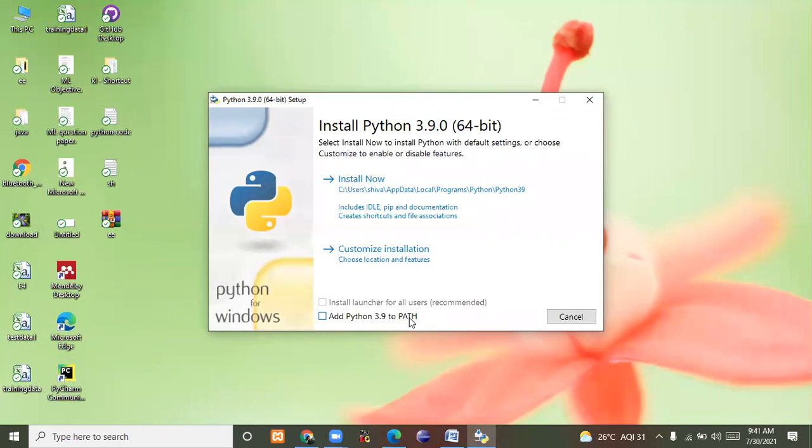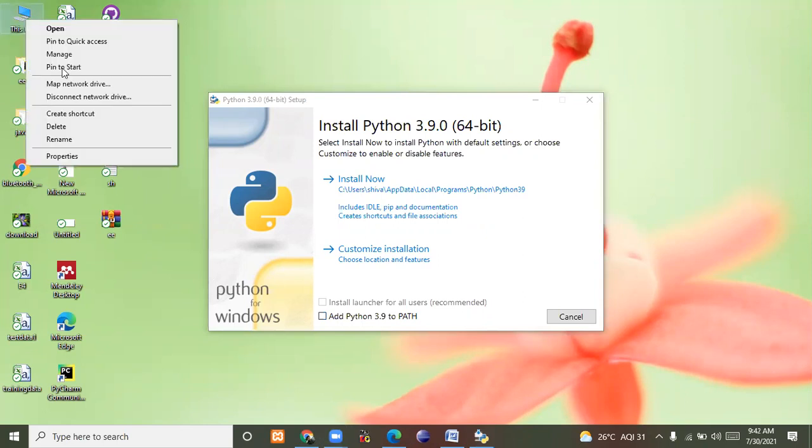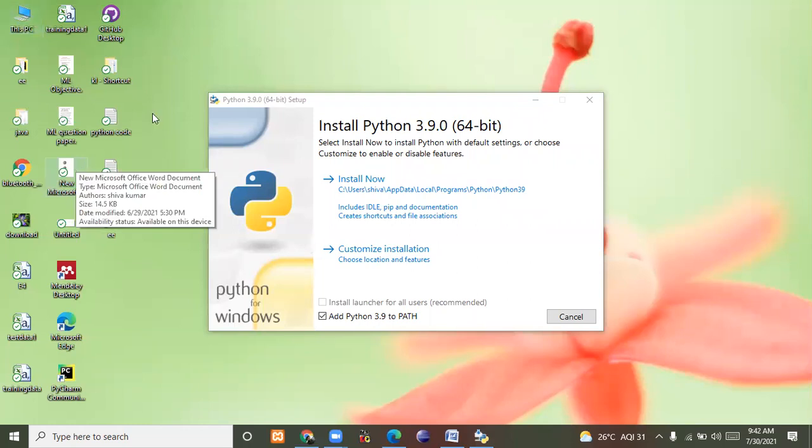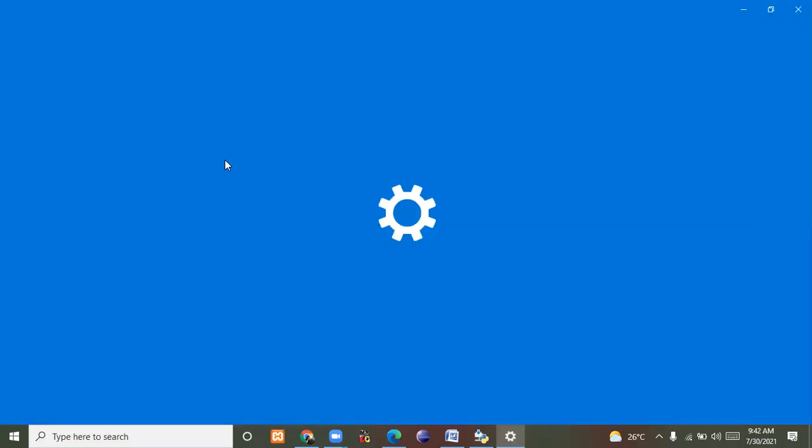In order to execute Java programs, Python programs, or any other programs, you have to give the path. This facility is directly available here in versions above 3.3, like 3.9. If you select it here, this path will be added directly. Here they give an option, but if you want to add it yourself,